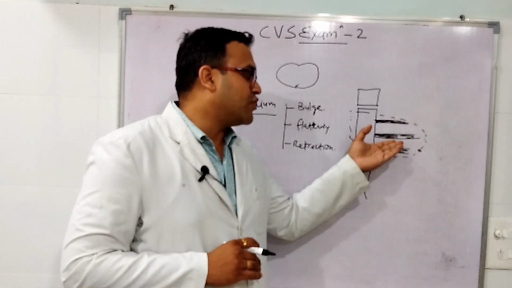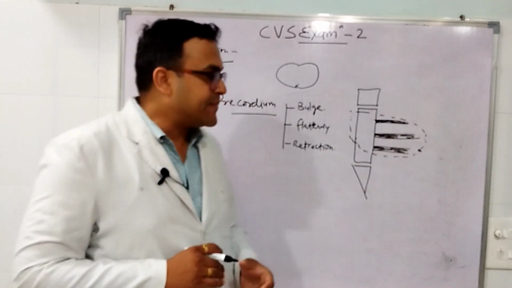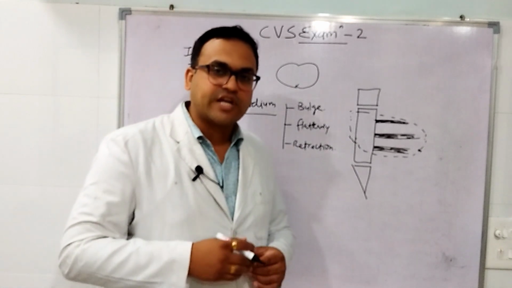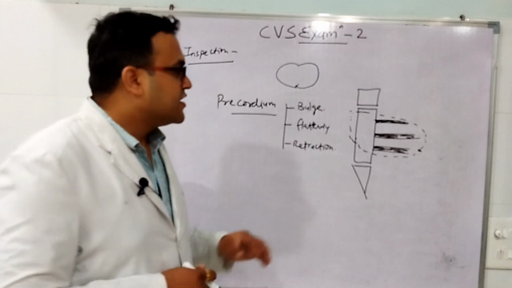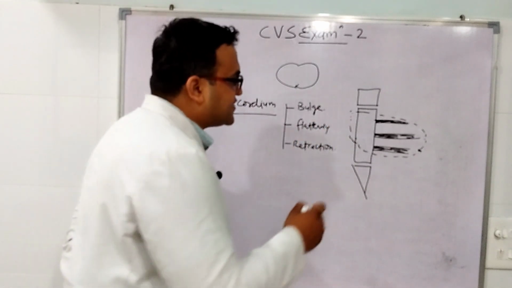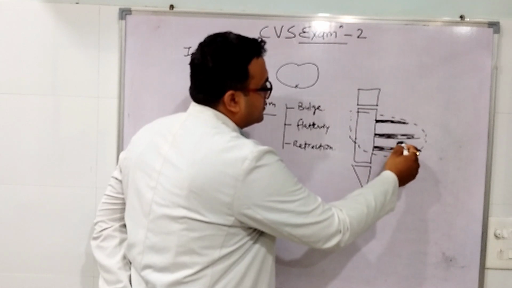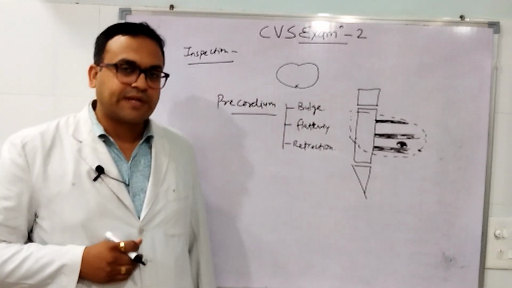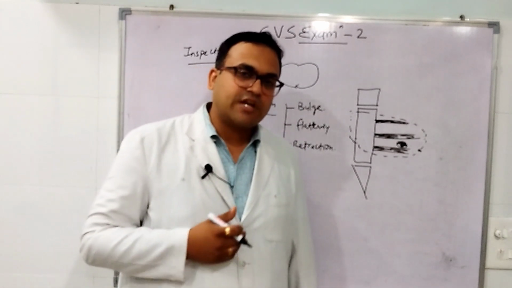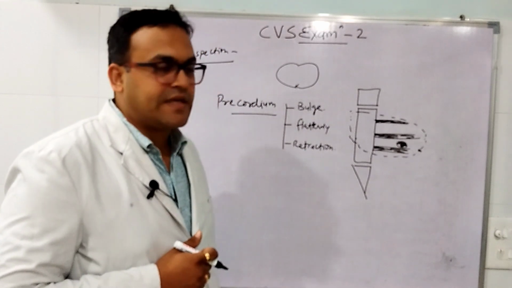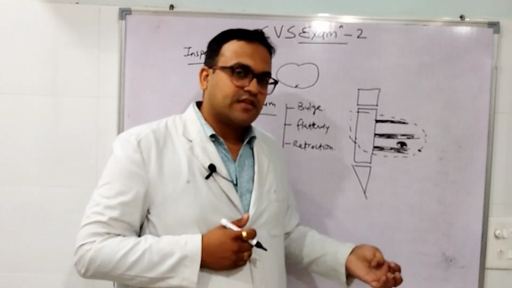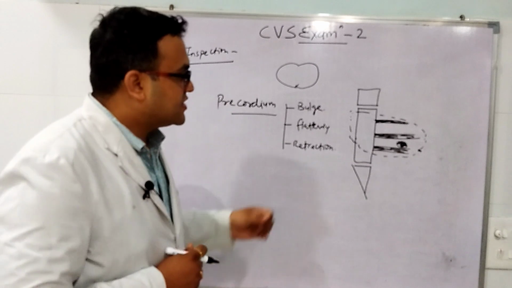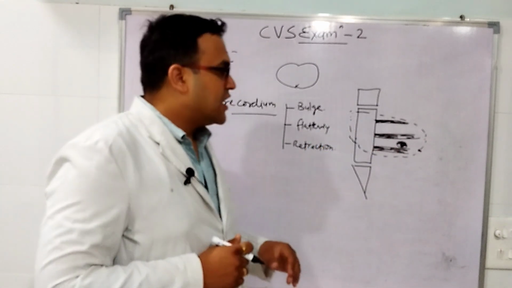If there is bulging of both the intercostal spaces as well as the ribs, that means the disease has arisen before the fusion of bones, like in childhood heart disease or congenital heart diseases. Next, there can be localized bulging, like in ventricular aneurysm. Post myocardial infarction, sometimes patients develop ventricular aneurysm, which is one of the complications of acute MI, and it can be seen in the precordium as a localized bulge. So this is an example of localized bulge.